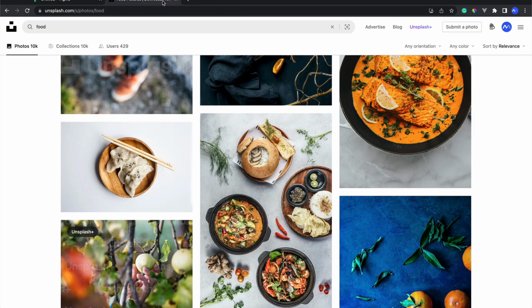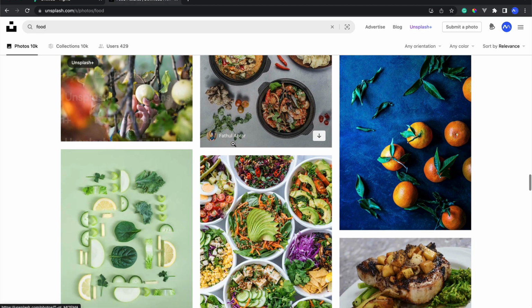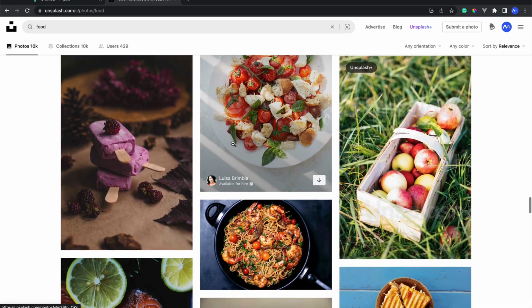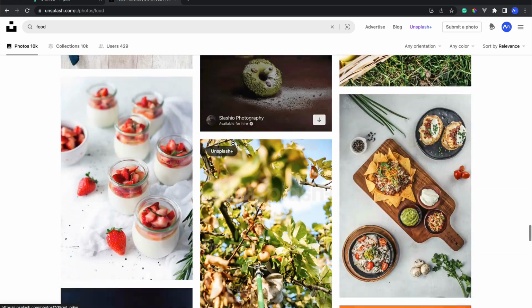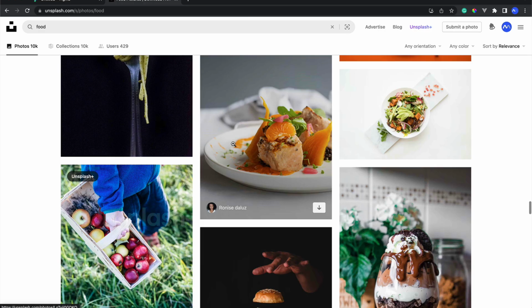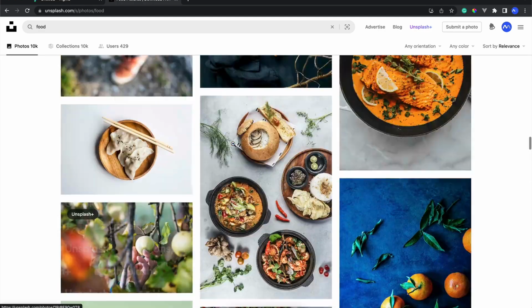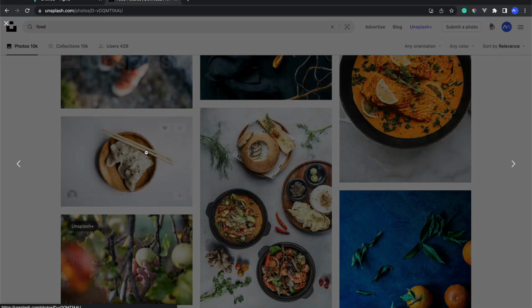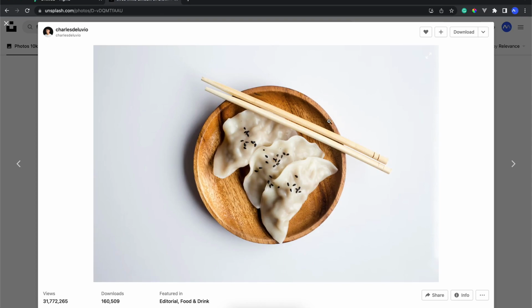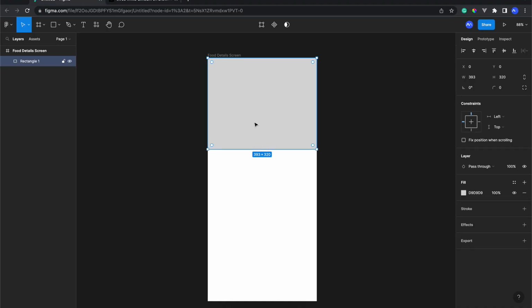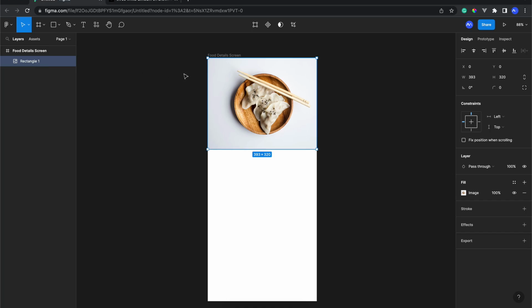And the next one, we're going to use unsplash.com to get this beautiful high resolution photo that we're gonna need for our design. Okay, so I think I will have this simple minimalist design for the background, and we just need to copy this image and paste it right onto this rectangle, and you will see that the photo will be shown here.